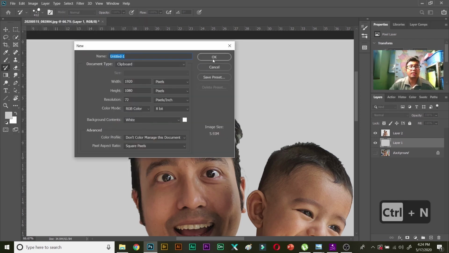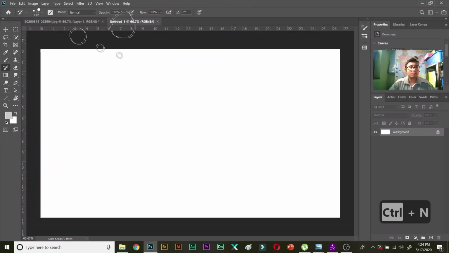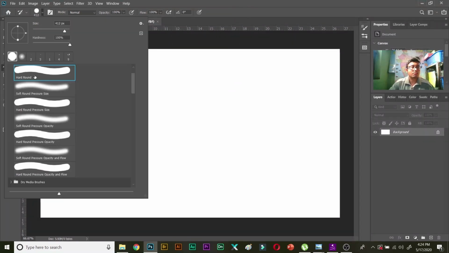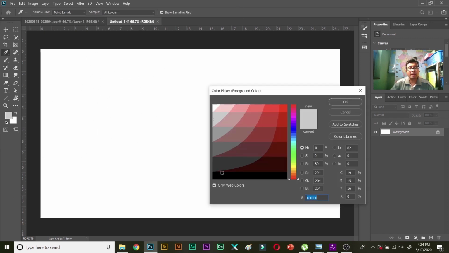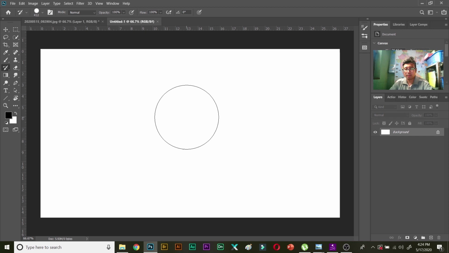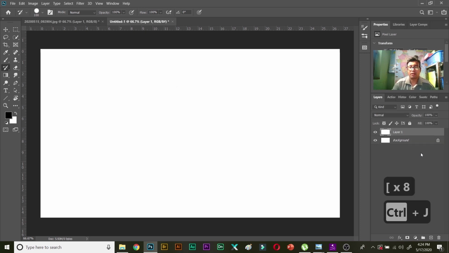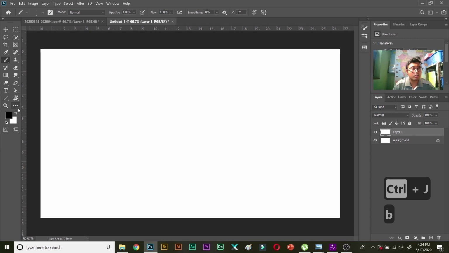Okay, you need to press Control N. So Control N, and select a normal document, just on a white background. Unlock this layer, and now you can use B, that is the brush tool.